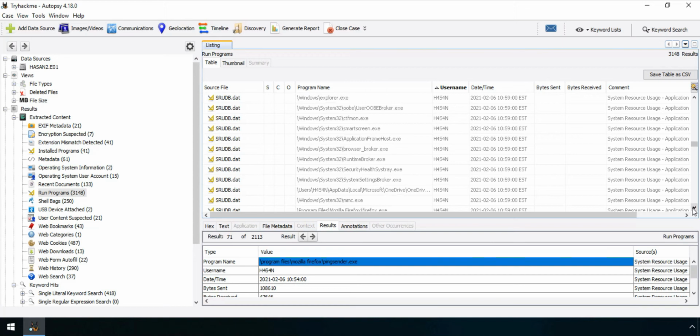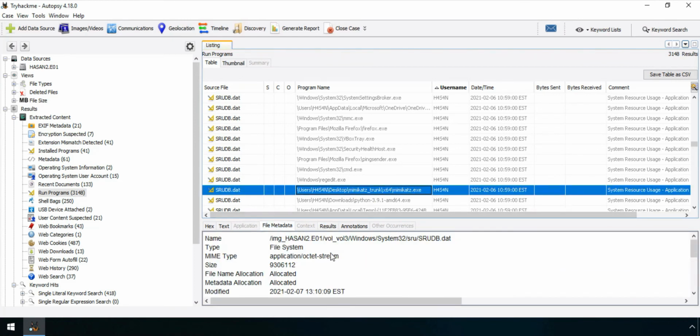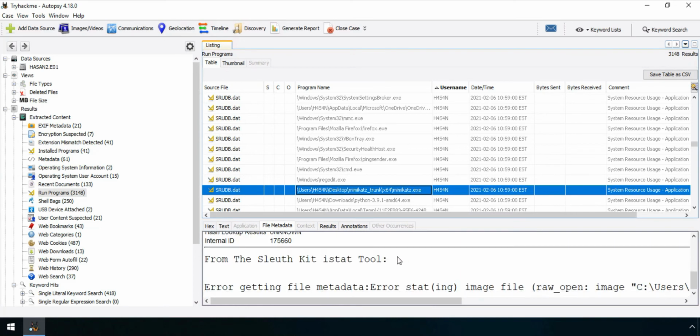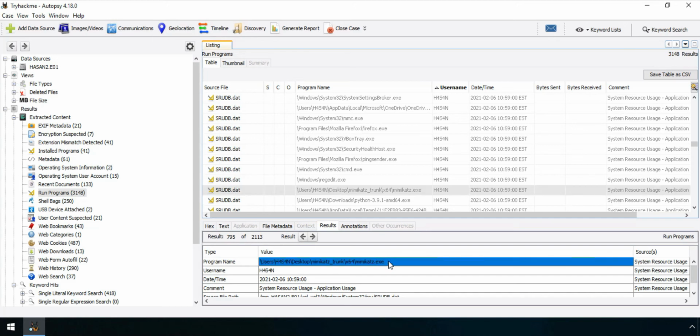I am going to find that also. So let's see where Mimikatz is. Yes, as you can see, it's actually very small. I will look at the file metadata. Yes, here it is, Mimikatz.